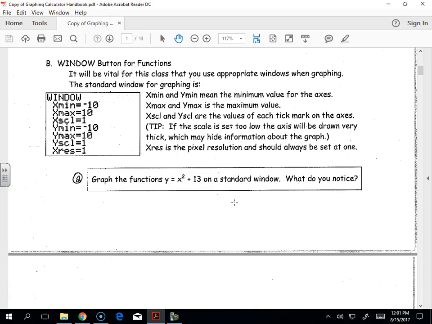How would I do x cubed? I can't use the squared button on x cubed. So what do I do instead? The little caret. And for those of you guys that have the calculator with a yellow button, sadly the caret's just going to stay there. For those of you guys with one of the newer ones,